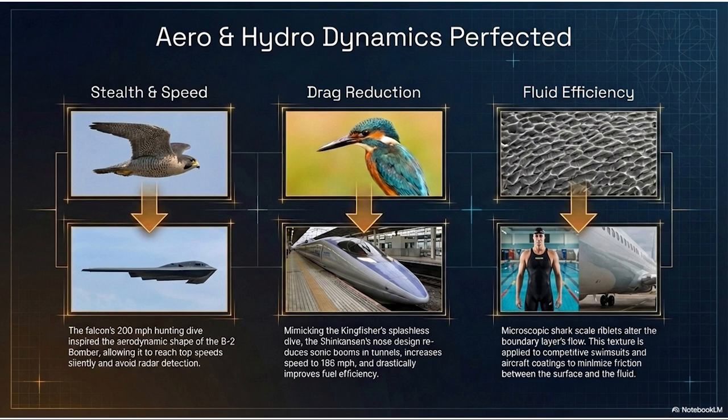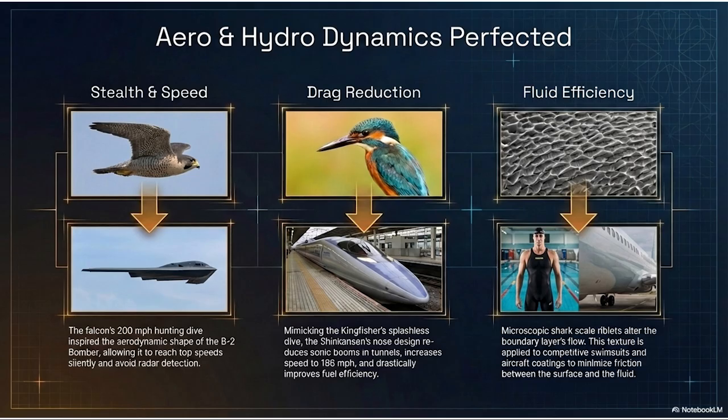The physical forces on a bird moving that fast must be insane. They are. But it's not just about surviving the speed. Think about the falcon's objective. It needs to dive bomb its prey, but it needs to do it silently. If a small animal hears a massive rush of displaced air screaming down from the sky, it's going to run away. So the falcon has evolved a specific swept wing posture and lacks a traditional protruding tail during its dive. This allows it to slice through the air without leaving a massive pressure wave. It doesn't disturb the air behind it, and aerospace engineers looked at that silent, undisturbed air and realized that was the secret to radar evasion.